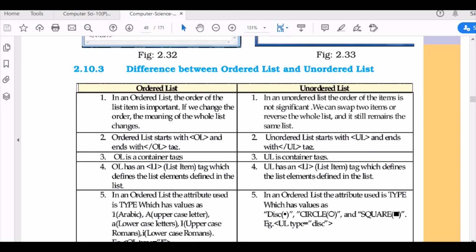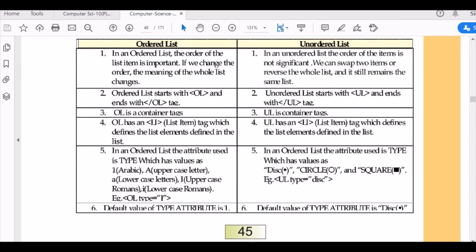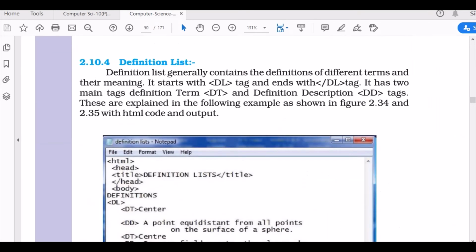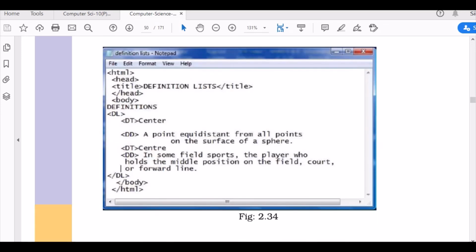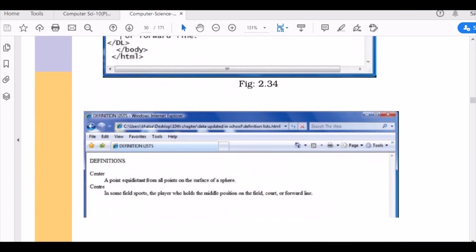The difference between ordered list and unordered list is that the name itself is clear. Ordered lists are numbered lists in a sequence. Unordered lists are still 1st, 2nd, 3rd, but they are not properly sequenced. You can use attributes like numbers, uppercase, lowercase. In here there are only disk, circle and square. Definition list, when you want to define something. DL and the position. See, definitions, center and the position.